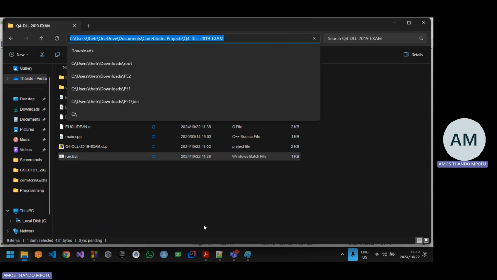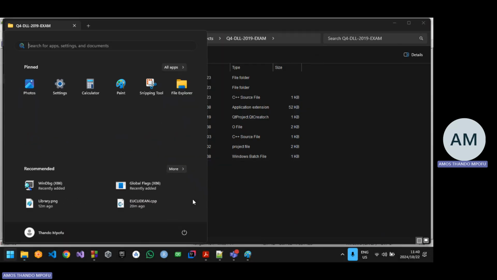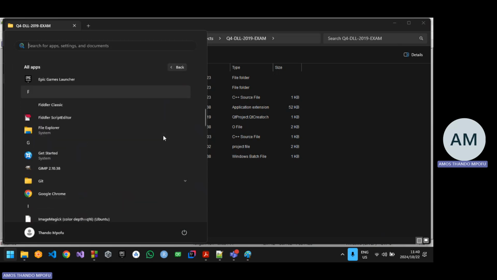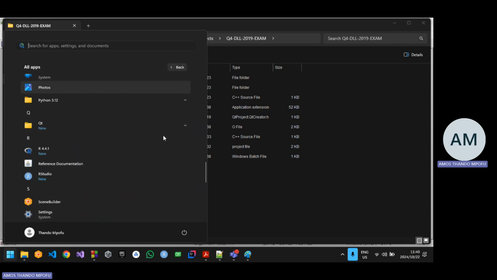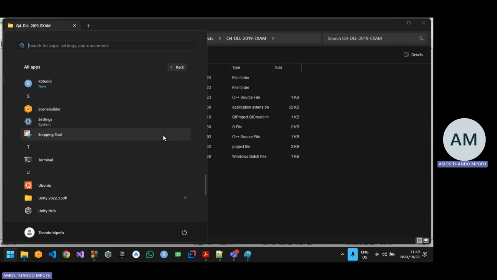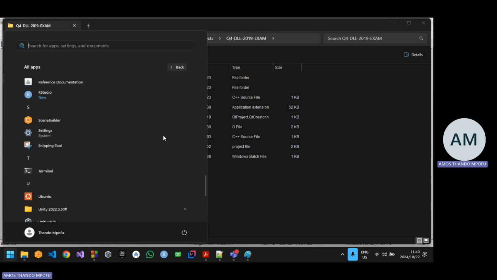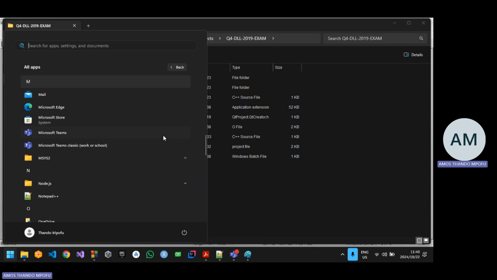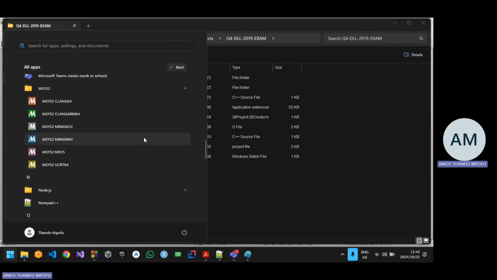So I'm gonna copy this path. Let me see if I still have that. Remember that terminal that I told you guys to install? Oh, did I remove it? Okay, I didn't. But I also have Ubuntu, which is Linux. So I can also use that. But the problem with this one is